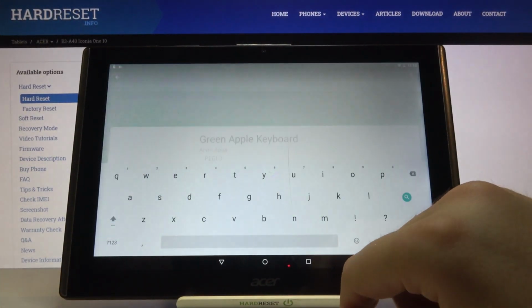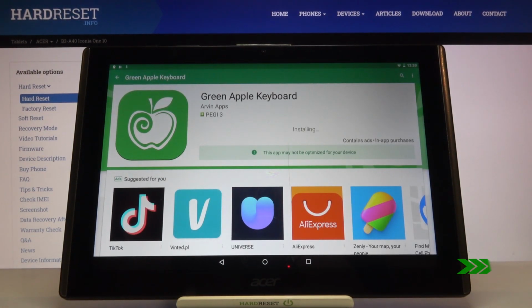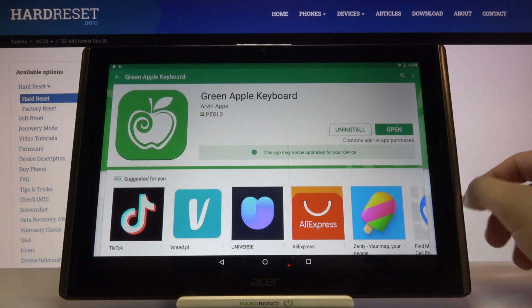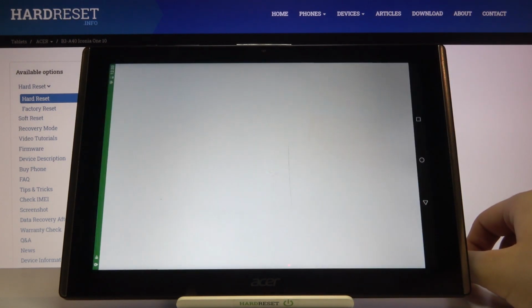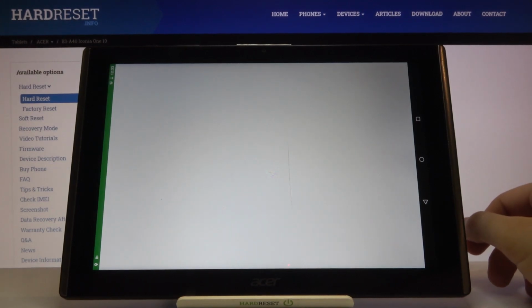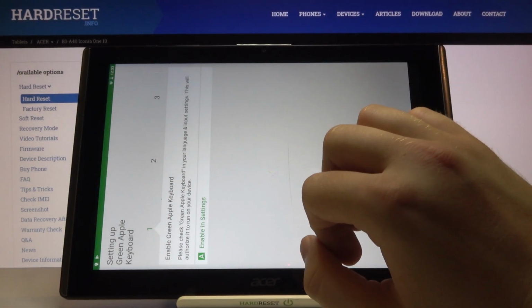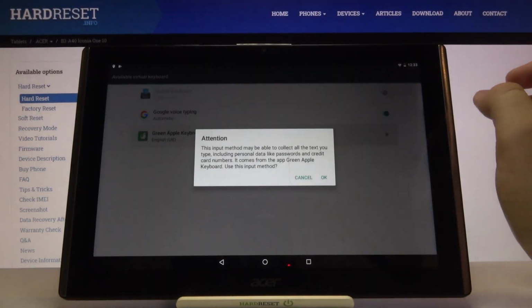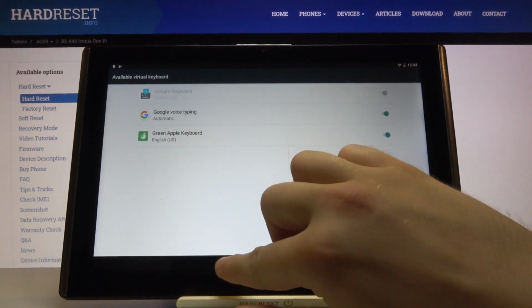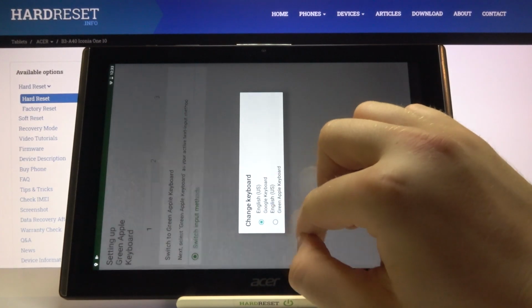Yeah, we have to get this application. Let's install. Right now let's open. Unfortunately it doesn't support the landscape mode, so we have to be in the portrait. Click to enable in the settings, then click on the switcher, tap OK, tap here, go to switch input methods and switch to green Apple keyboard,